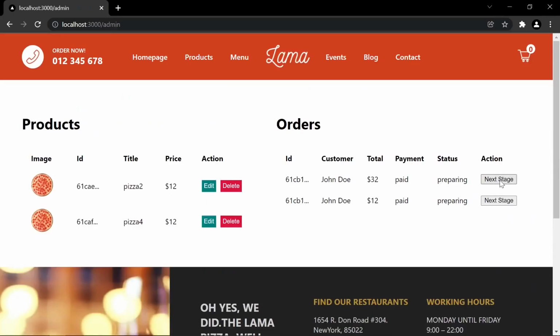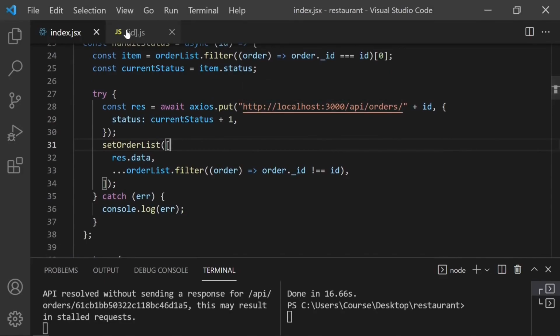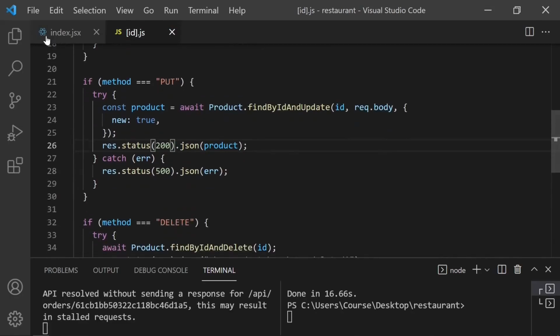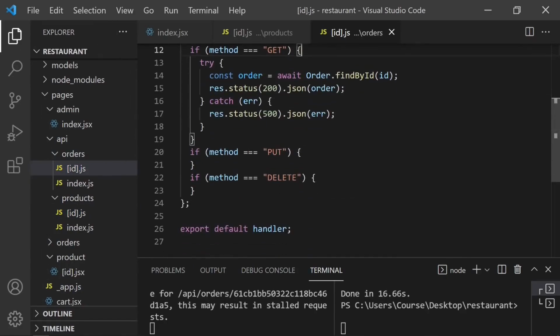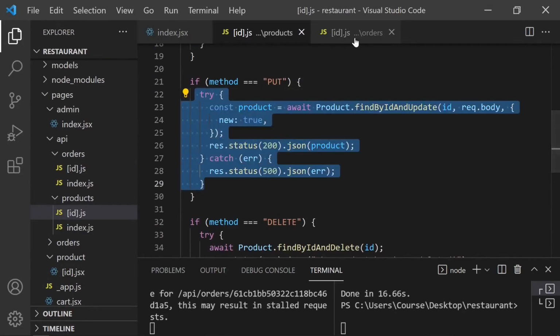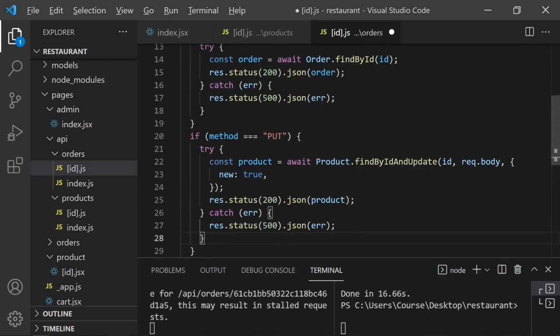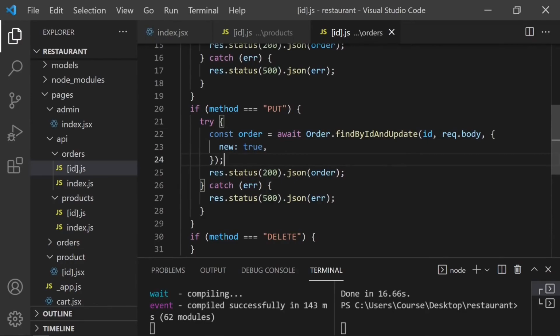Let's try. I'm clicking, nothing has changed. API orders. Oh, it's products. I'm so sorry, it should be orders. Let's open this, and for put method, as you can see, it's empty. I'm just gonna copy and paste, and in this case it's gonna be order and order. Okay,